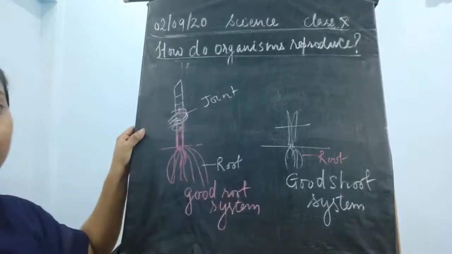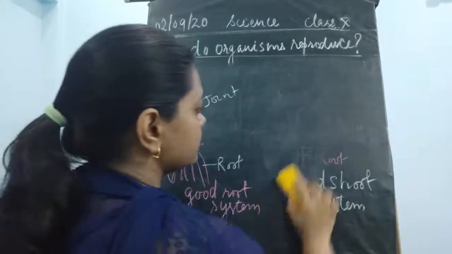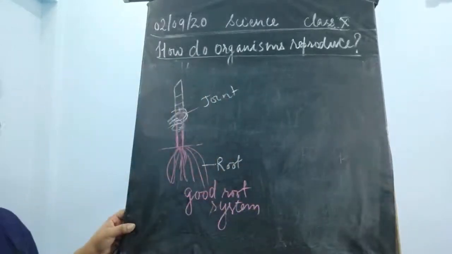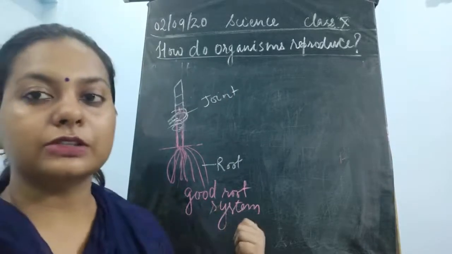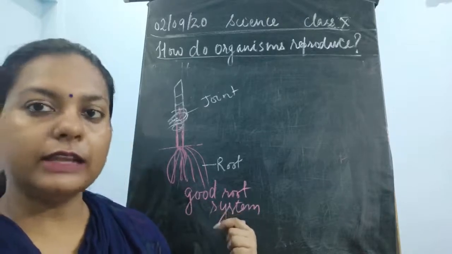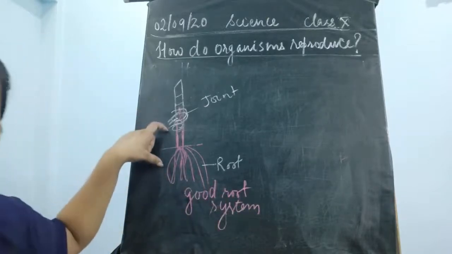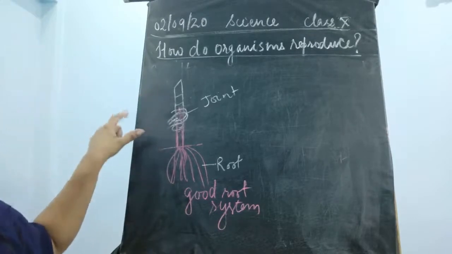Now, what kind of variety would this be? This would have all the good qualities. Why? Because we have taken the good qualities. One good quality was this root system. It had a good root system, so we took this good quality. We have kept this plant as such, we have just cut down all the branches and then joined a new branch.